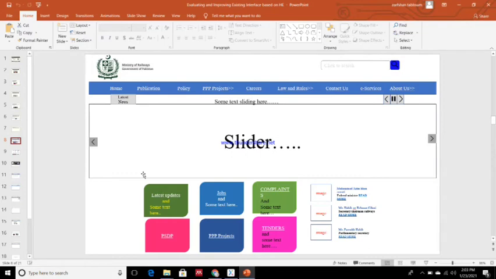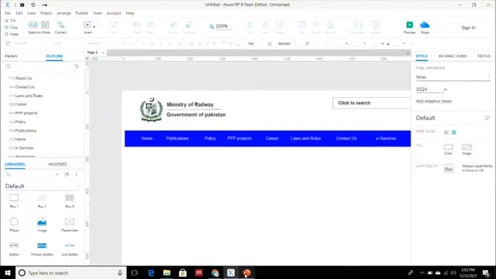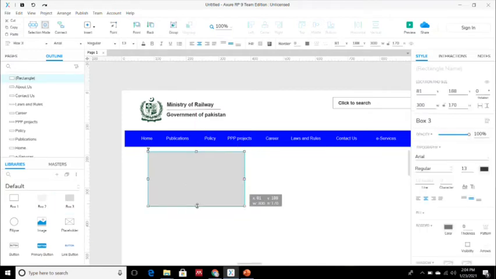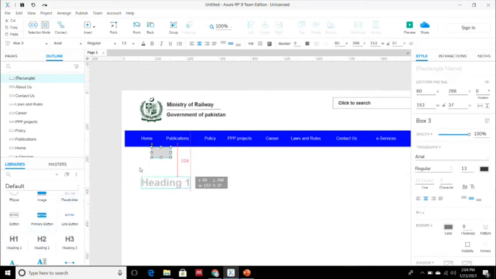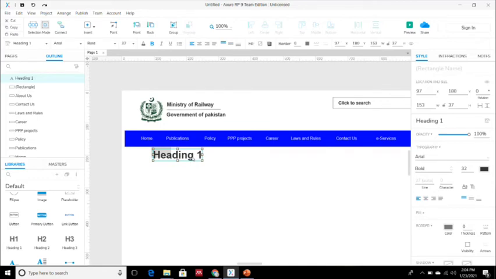Next, there was this section with latest news and some text sliding here and these icons. So let's move toward how I added them in Axure RP. Well, I just dragged another colored box. I'll set its size. I just put it into my desired destination, and then to write on this option I will select another heading 1 option. I'll edit text. I'll write latest news,